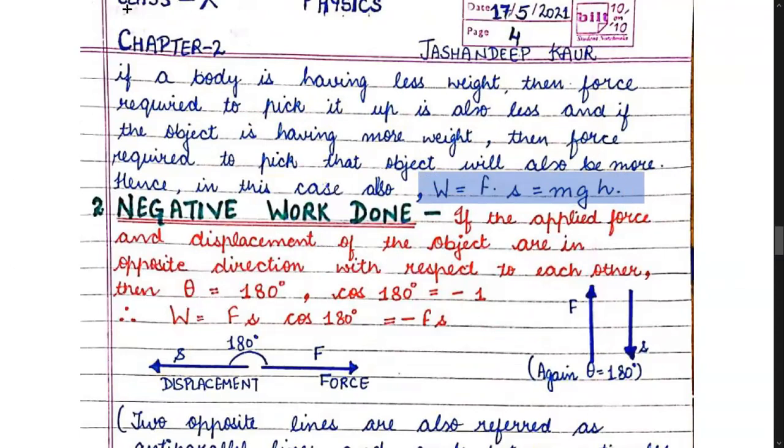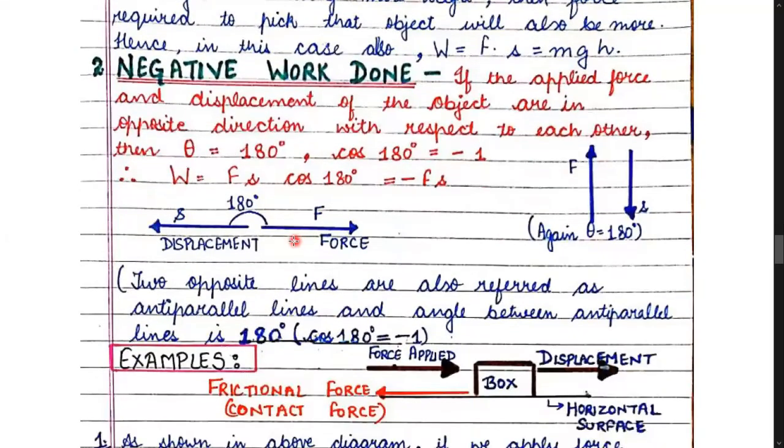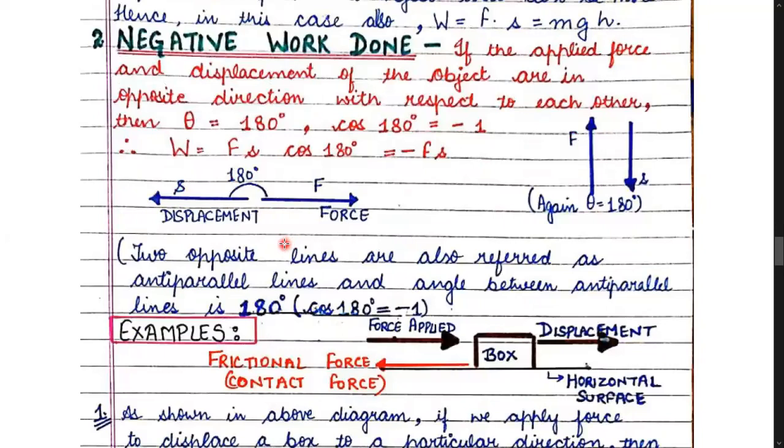mgh. Now children, let us study the second type of work done, that is negative work done. Now children, sometimes when we are applying a force, the displacement is occurring in the opposite direction. Suppose I am applying a force in a forward direction, but displacement occurs backward. Then the angle between force and displacement is 180 degrees,